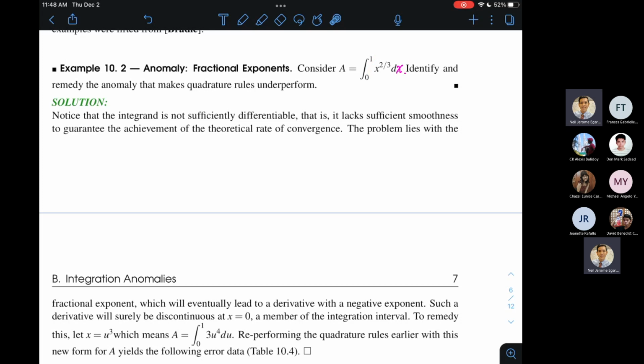All right. So what we can do here is to let x be equal to u cubed. Kasi nga gusto ko mawala yung fractional exponent. So here, I can let x be equal to u cubed so that x to the 2/3 becomes what? Becomes u. So kailangan ko lang siyang... bakit mali yung sagot ko? 3u to the 4th. If I will let x to be equal to u cubed, tama pala. So this will,